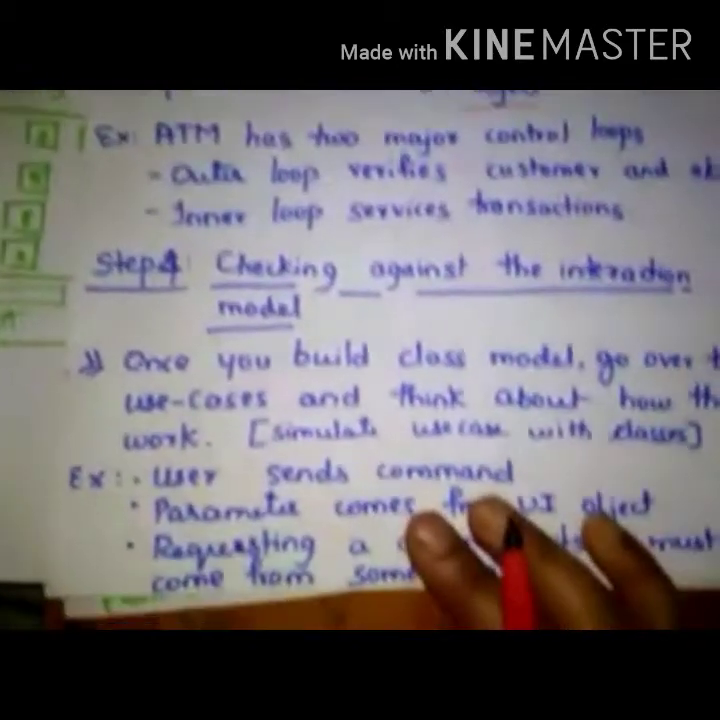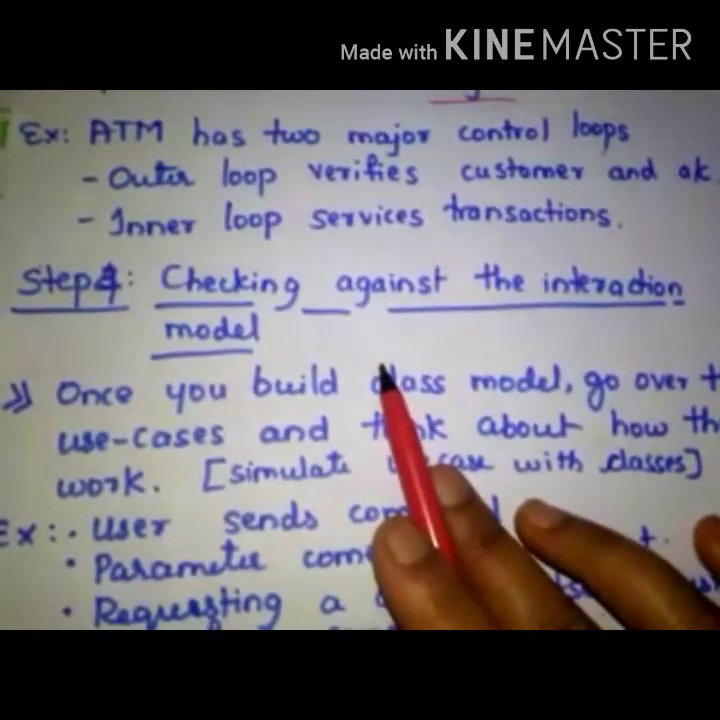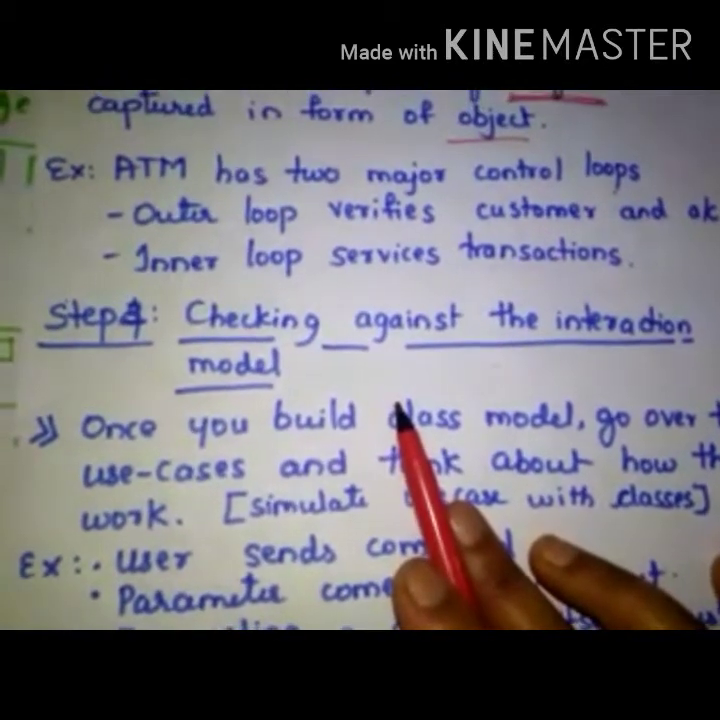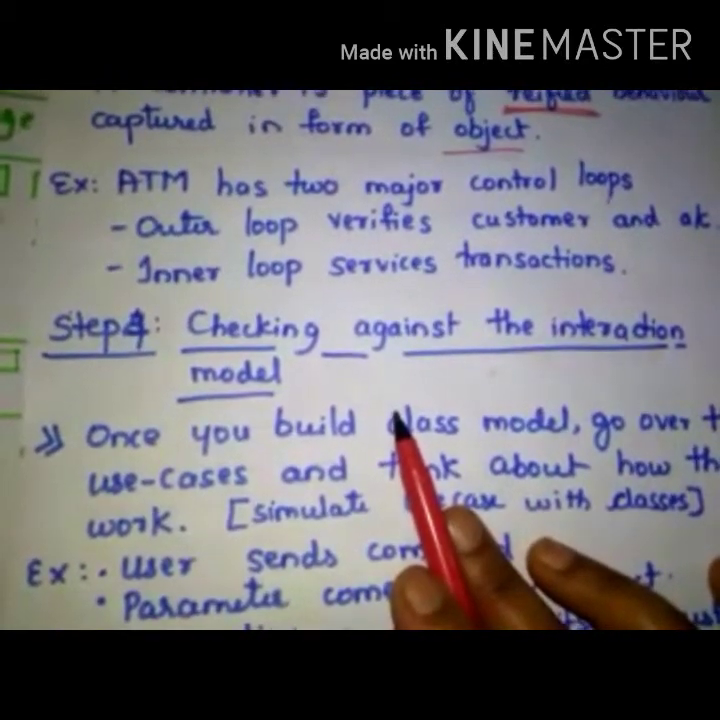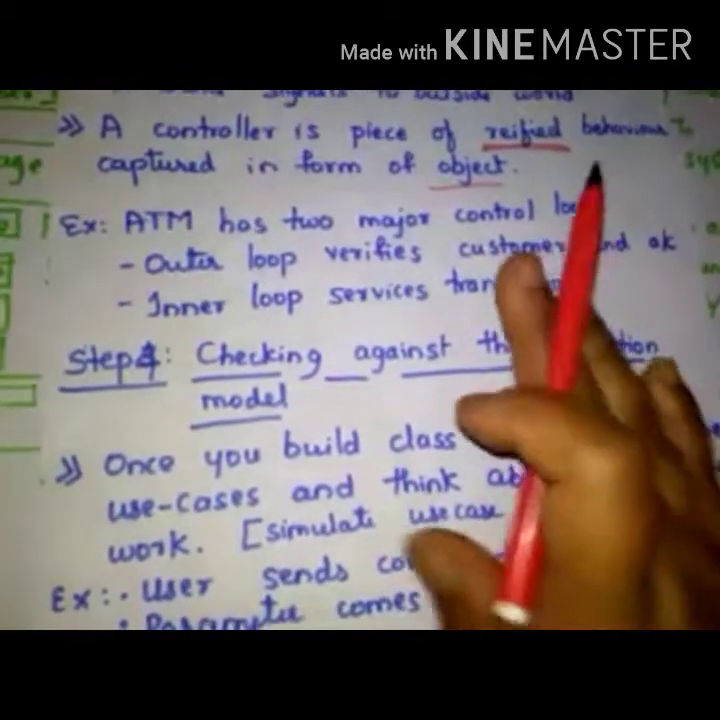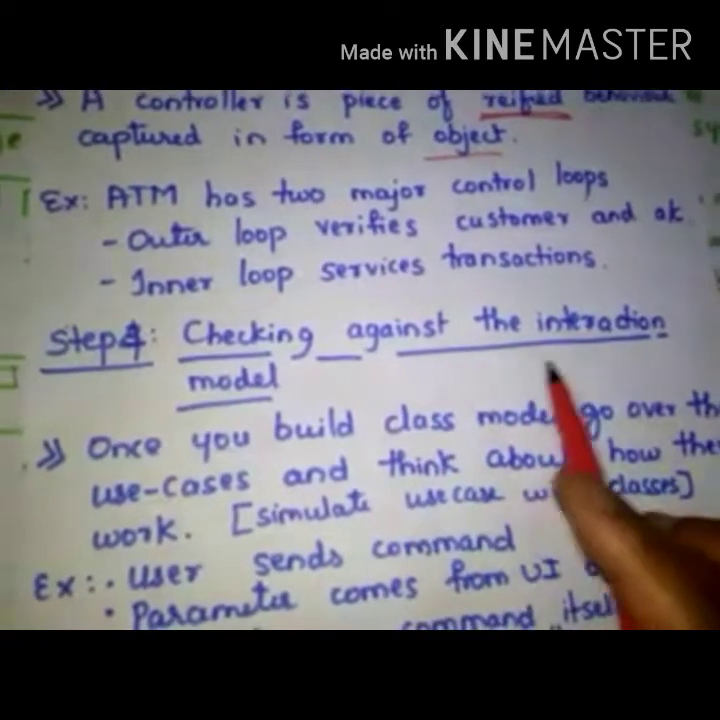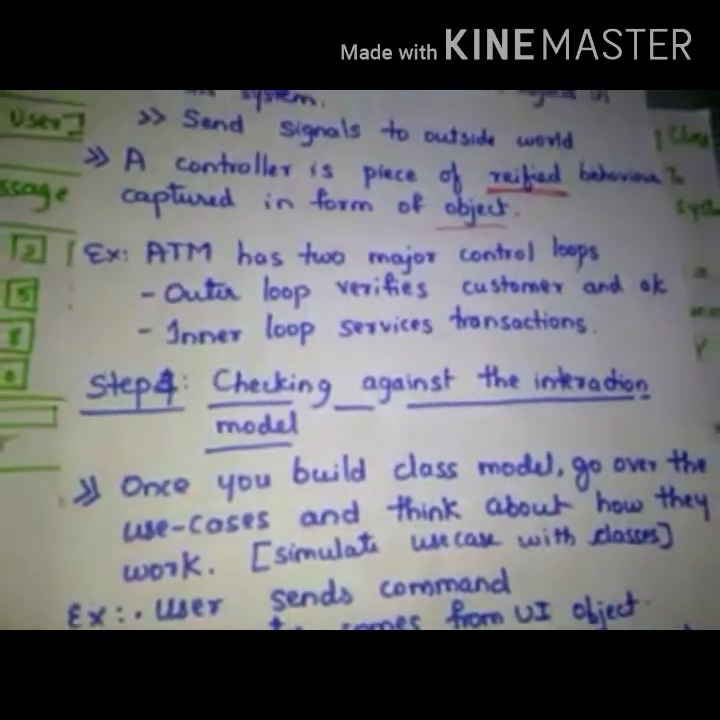The fourth step is checking against the interaction model. In the initial interaction model, we have created the use case models and the sequence diagrams. So when our application classes are ready, we should cross verify them for inconsistencies, because in the interaction model,